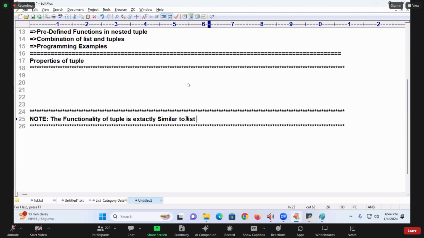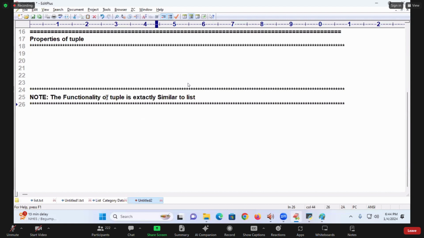What are all the properties we have seen about the list? The same thing will be there even in tuple. The functionality of tuple is exactly similar to list. But here, an object of list